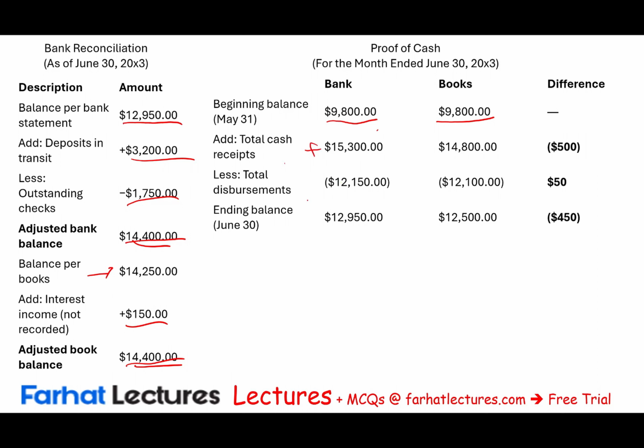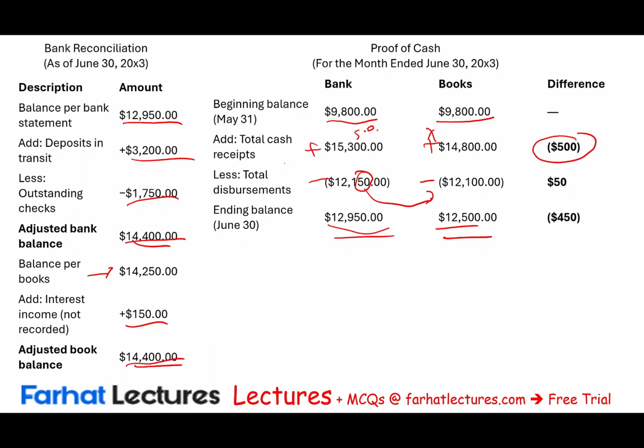We added all the cash receipts, 15,300. We looked at all the cash deposits that we have on the books, minus the disbursement bank and books, and we find out that the ending balance is 12,950 and the books 12,500. The first thing we look at is the receipts. It looks like we had $500 in the bank that's not on the books, minus 500. And from a disbursement perspective, it looks like the bank took out an additional $50 that we don't have